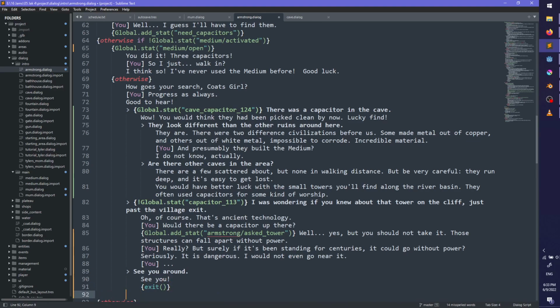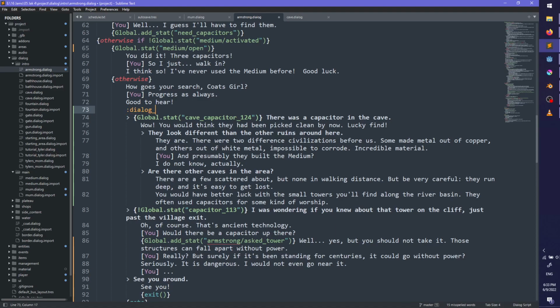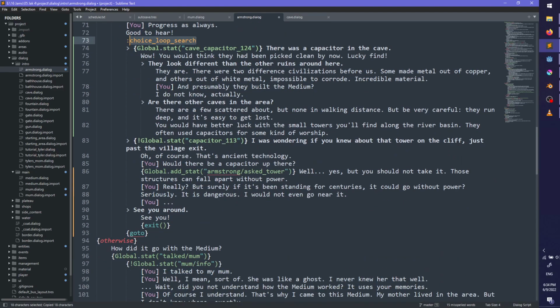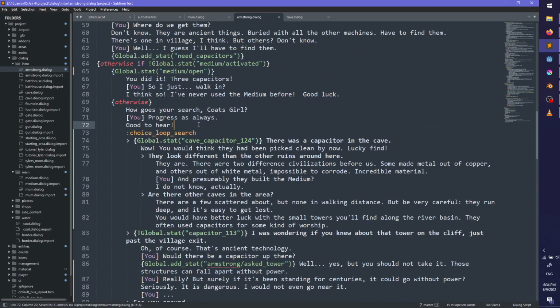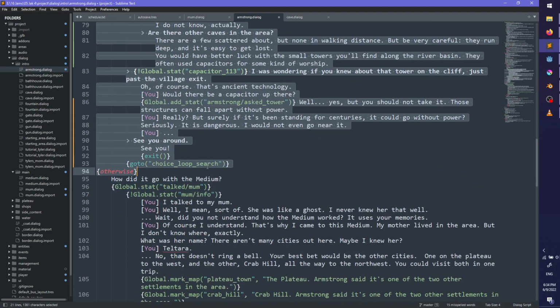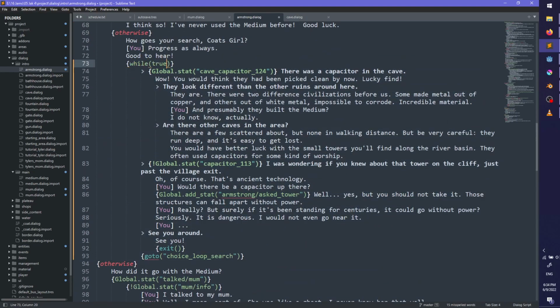Let's do like choice. Loop. Search. I was kind of tempted to add structural programming there, like have something like loop, or while true or something.